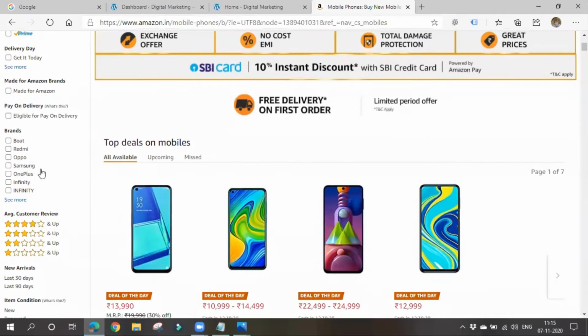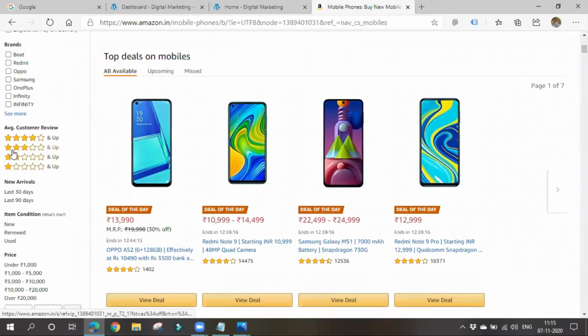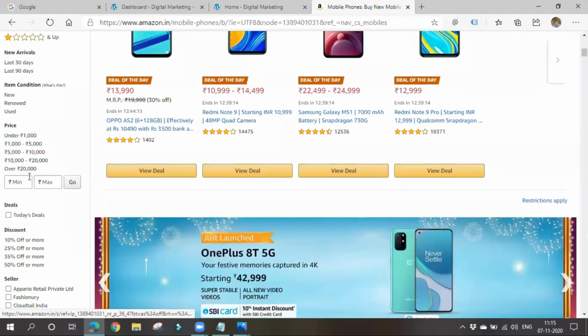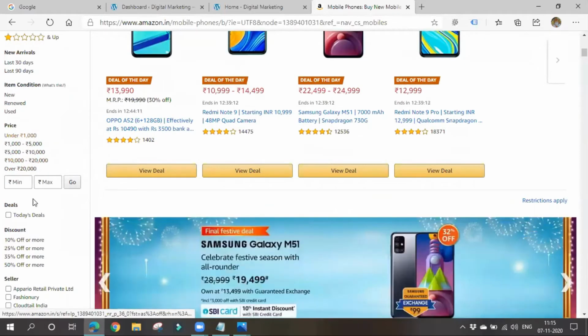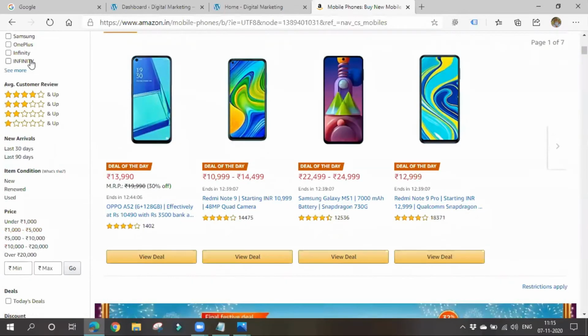So you can simply select here, right? Whatever brand you want, you can select here. Whatever reviews you want, you can select here. In what price you want this mobile, you can select here. This is known as an HTML sitemap. This will be written in HTML code, or in simple terms we can design it with the help of WordPress. In the backend, in the case of WordPress also, it will be written using HTML, JavaScript, PHP coding itself. But in the front end we'll be using it easily.